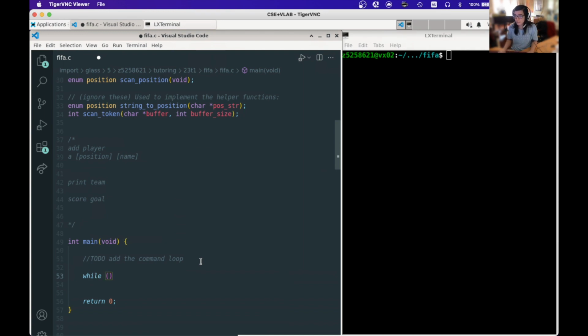Now, for implementing the command loop, this is going to look very similar to the command loop in the assignment and also the command loop in the previous assignment. But basically, we want to scan in this first character by itself to tell which command we want to run. So that's going to look like scanning in a single character. So we'll say char command,